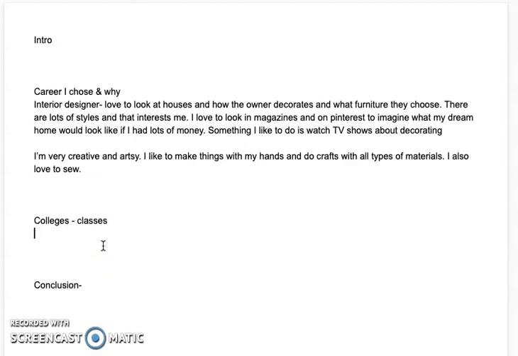Then in order to find information for this section, I'd actually have to go online and search for some colleges. So I might Google colleges for interior design. And if I found like the New England